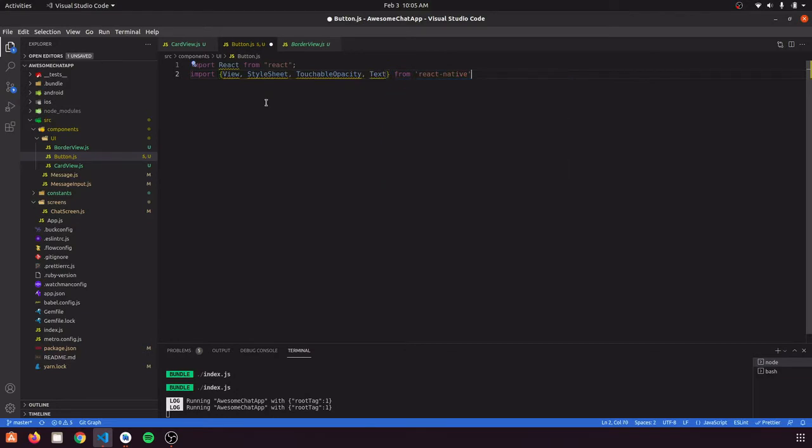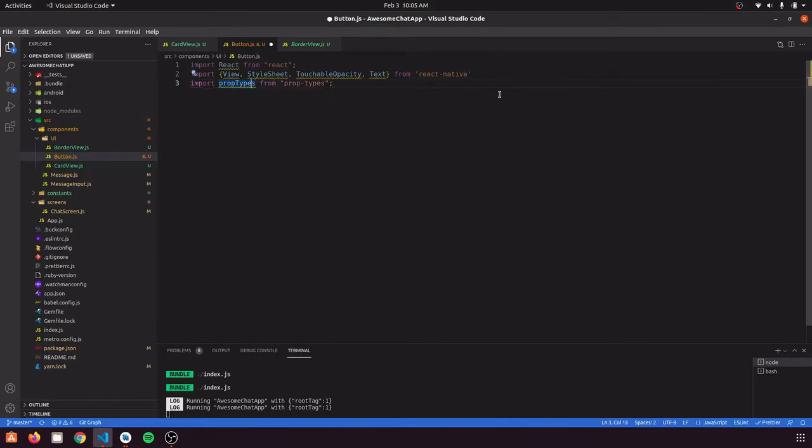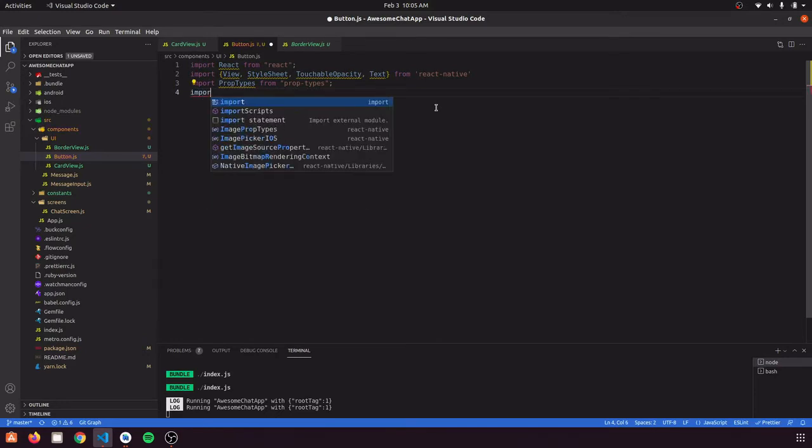After that we are going to have our PropTypes also, with P capital, otherwise we would be confused. And then we are going to have our color file also here.